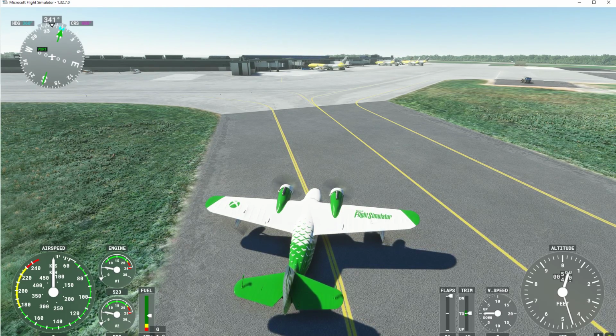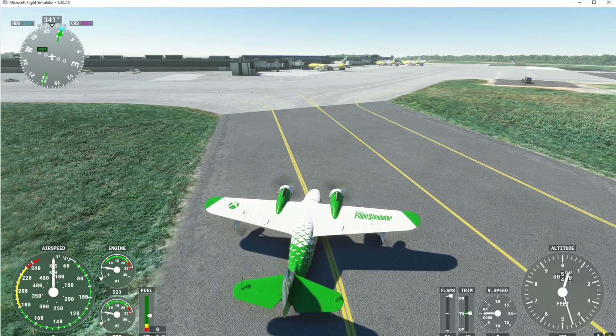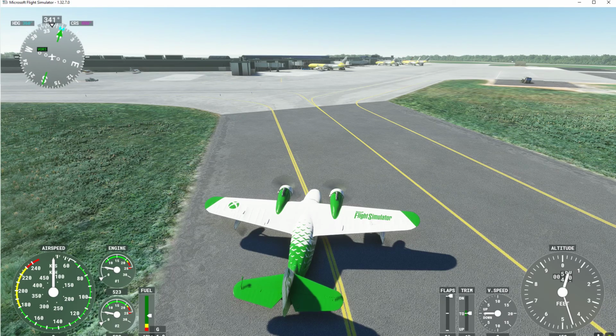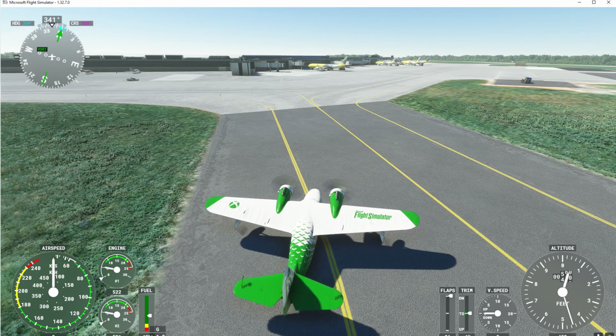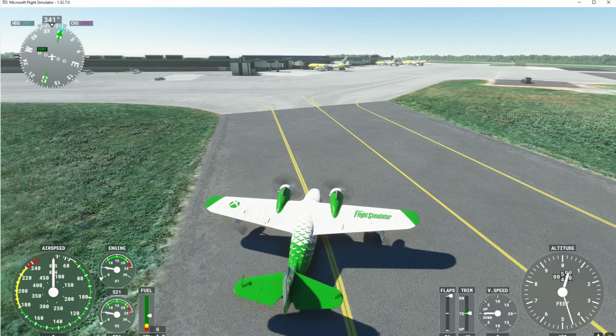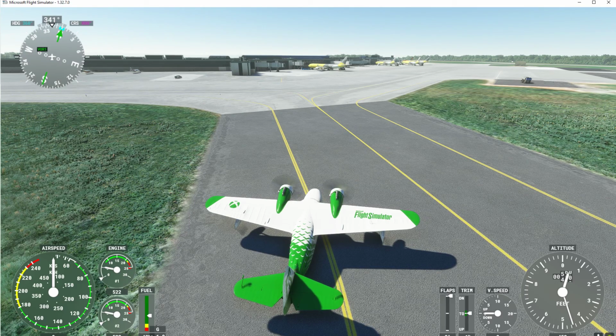Okay, well, that concludes the flight, so thank you very much for joining me. I hope you got a few pointers on how to fly this plane. Probably one of the more difficult, or if not the most difficult plane to fly in Microsoft Flight Sim when it comes to landing and taking off, because on water it's not even an issue. It handles quite nicely, but on a runway with the tires down, landing gear, it's tough. Okay, so thank you very much. We're not going to bother going to a parking spot. We haven't got one assigned, so